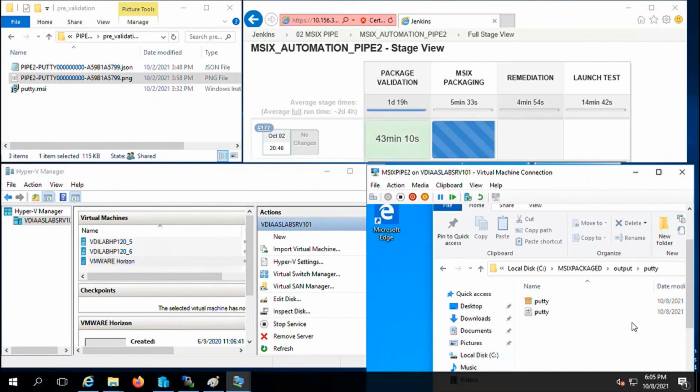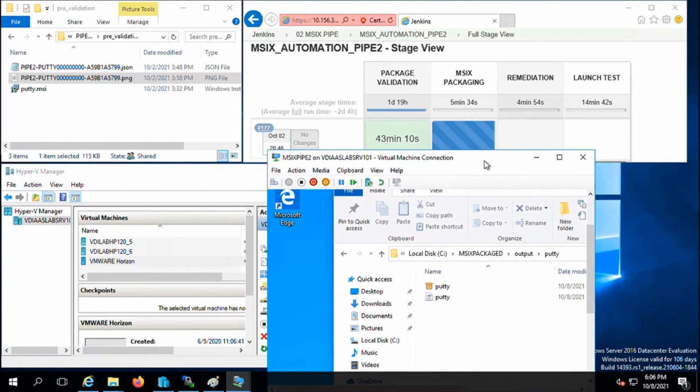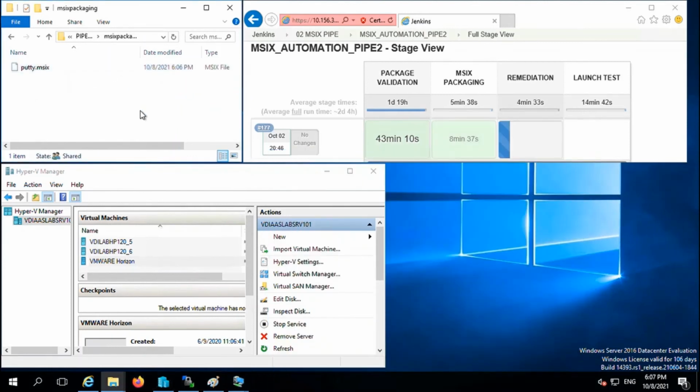Now we can see the putty MSIX file available in the output folder. So the MSI file is converted into putty.msix now. You can see the output MSIX packaging folder, and the MSIX putty file is copied into the common drive.